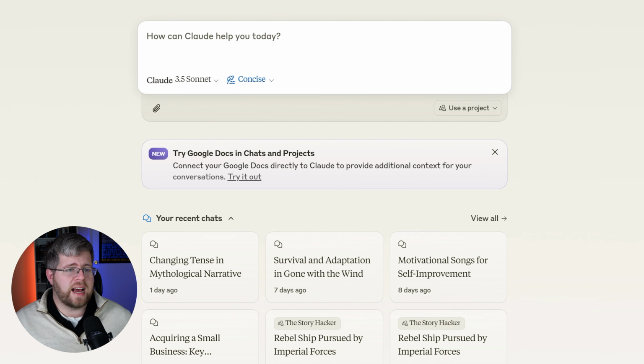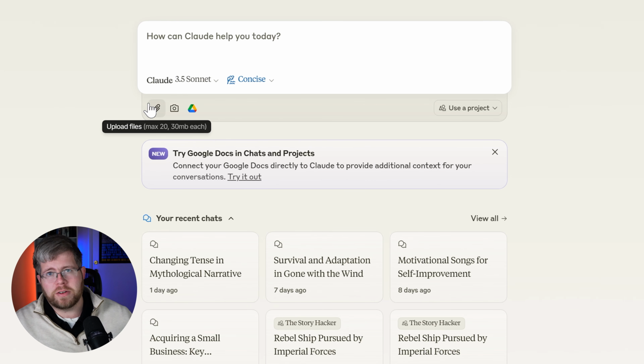But unfortunately, that is kind of it for the major features that Claude offers. You can attach files. It does integrate with Google Drive, so you can pull in a Google Doc if you want to. You can also capture screenshots, so you can ask questions about things that you're seeing on your screen. But in general, it doesn't do things like generate images that some of the others do. So it is a simple one, but it is still my favorite, mostly because of the models in it, but also because of the minimalist aspect to it. I just find it really simple and easy to use. So it's often the one that I just sort of default to if I just need a quick answer for something.